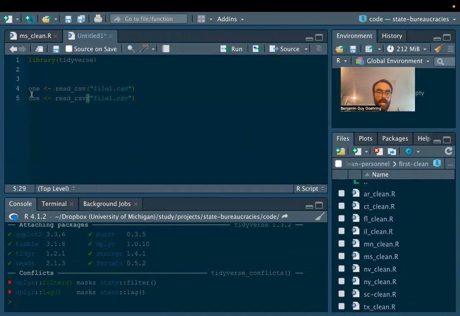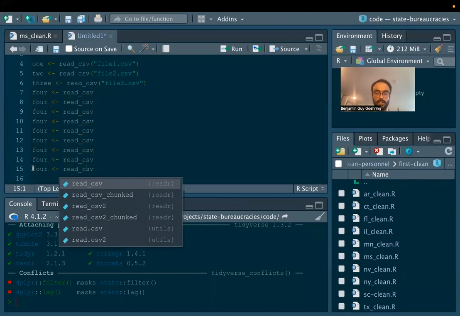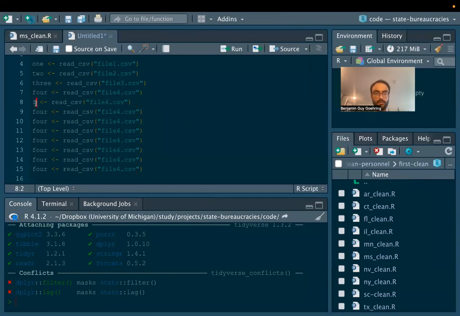And then you can copy and paste and change this to this, and then you could do this. If you want to get fancy in RStudio, on a Mac, it's the Option button. If you hold down the Option button, you can get this mega cursor. And so you could do something like read underscore CSV, file4.csv, but you're still going to have to go through here and do 5, and then 6,